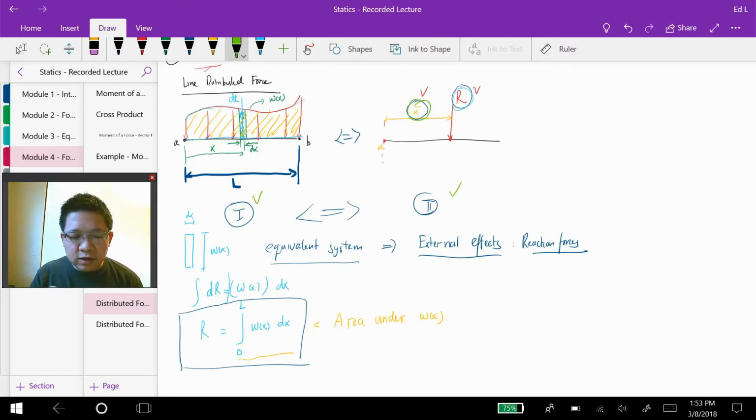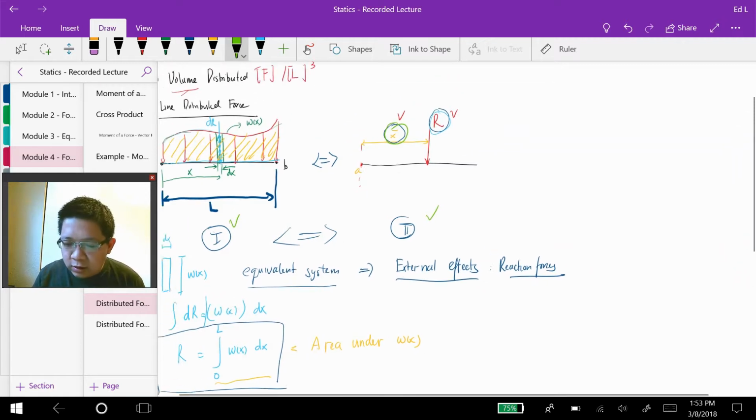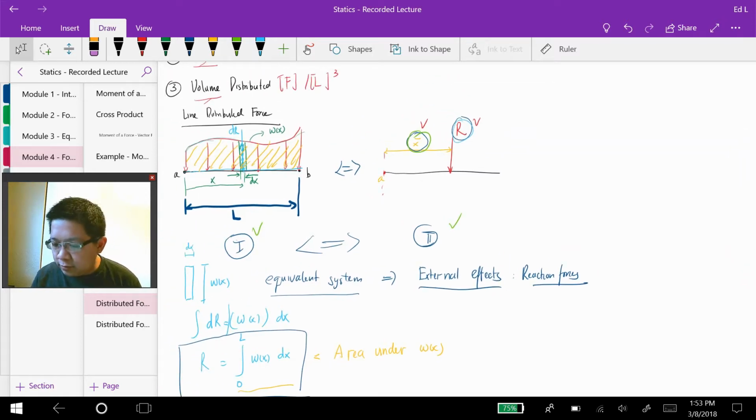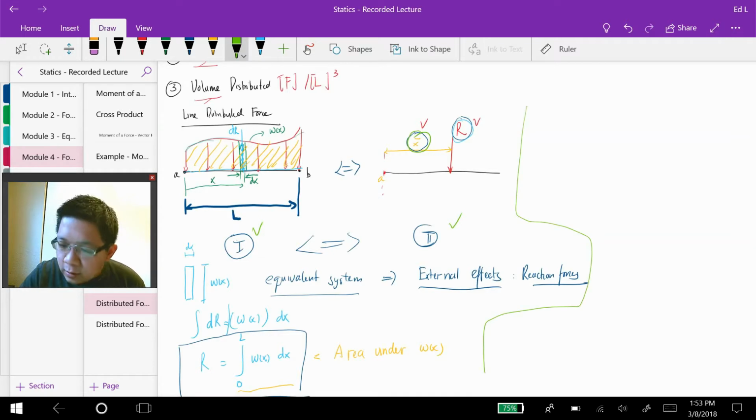Because they are equivalent systems, the sum of the moment at A should be the same. So let me consider the first system right here. So the sum of the moment at A, system 1, is equal to,